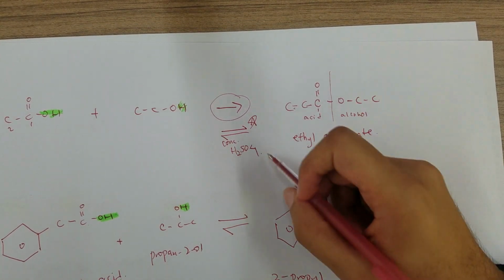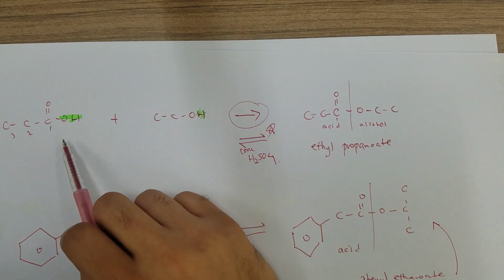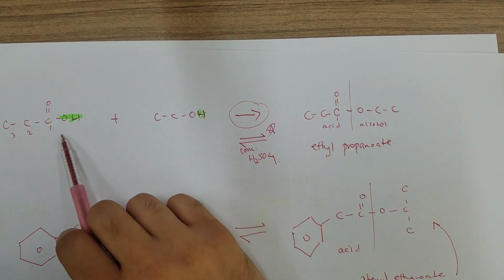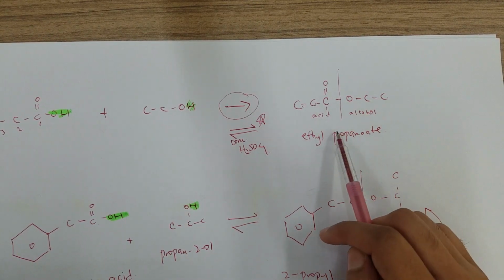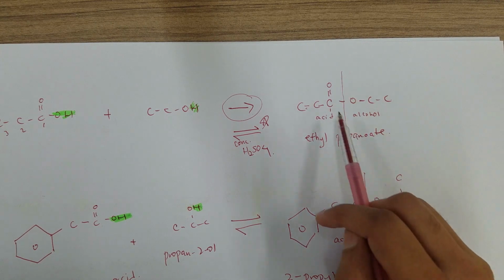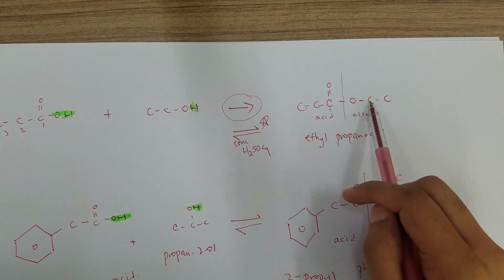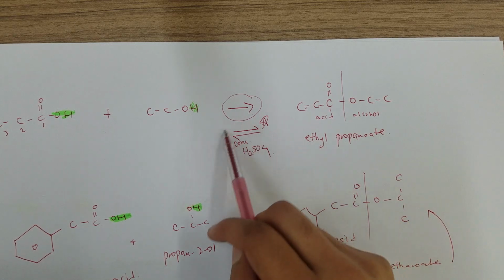Okay, so I was over here. So we were talking about how we combine the acid and alcohol to form ester. So we have ethyl propanoate. If you remember, we cut it and we count the acid first. So 1, 2, 3, propanoate ending, and then we have 1, 2, ethyl. Okay, remember to add